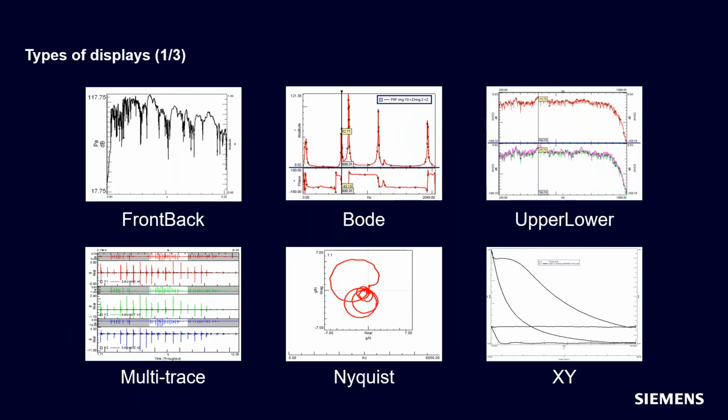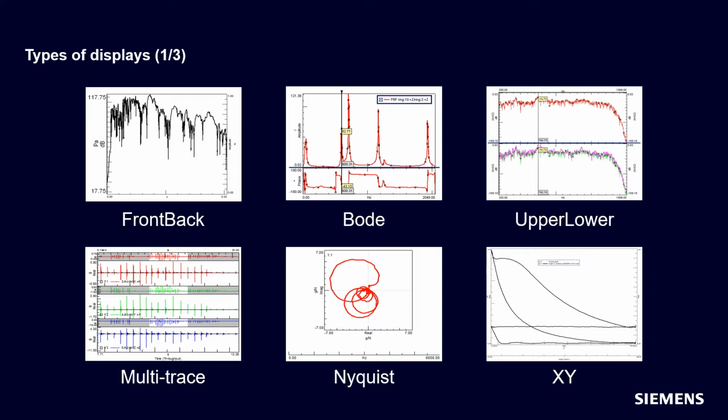We'll start with some display basics. So just to talk about all the different types of displays, I've got 3 pages of these. So we'll just cover these all briefly, but probably the most famous of Test Lab displays is maybe the front back, and this is really just a typical XY plot where we can plot data on maybe 2 different y-axes. So microphone pressure versus time, as well as acceleration versus time. We could do that with 2 different units on the y-axis with the front back.